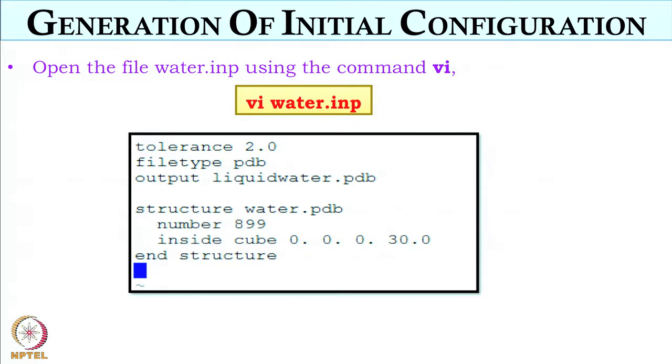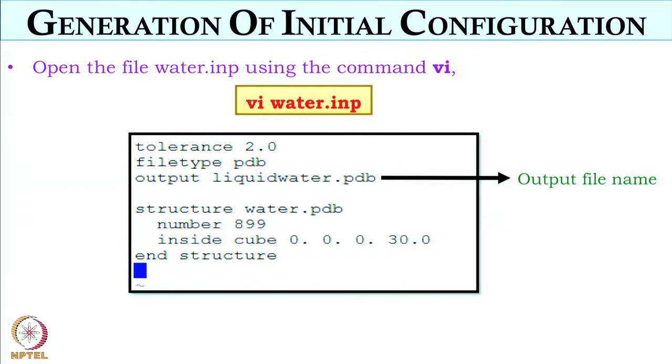What about the 0, 0, 0? That space you can change. Instead of one space, you can put multiple spaces between the zeros. It doesn't matter, but it should be on that line itself; it cannot be on the next line. In case some of you get an error, go back and make sure things are in this order.